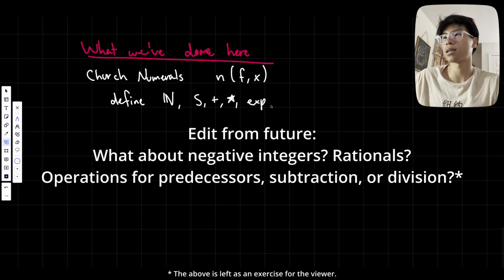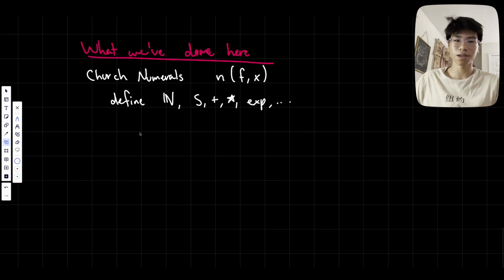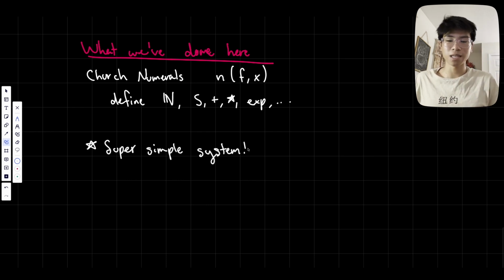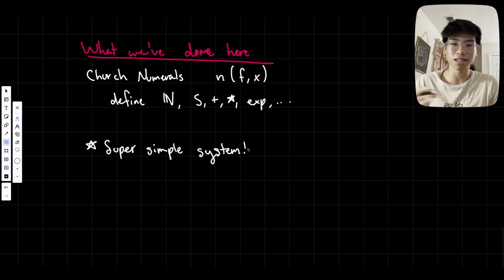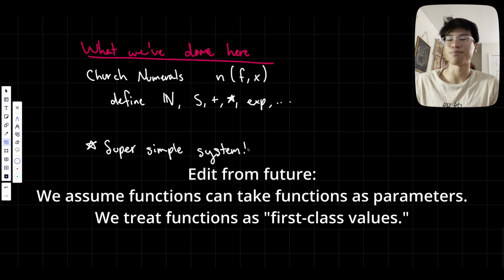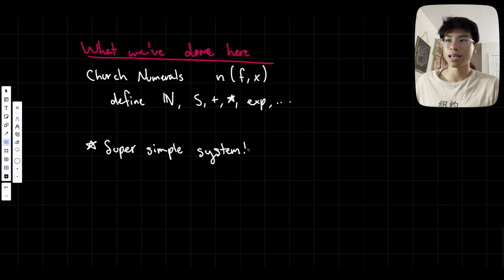exponentiation, and so on. And the cool thing about this is that this is a really simple system. Why is it super simple? It's because we didn't actually have to define anything. All we needed to assume is that functions exist. We don't need to know what 0 is. We don't need to know what successors are. All we assumed was that we can have functions and we can apply functions, and we can have multiple arguments for functions. That's all we had. We didn't need any digits or anything. A super simple system. And through this super simple system, we were able to rigorously define